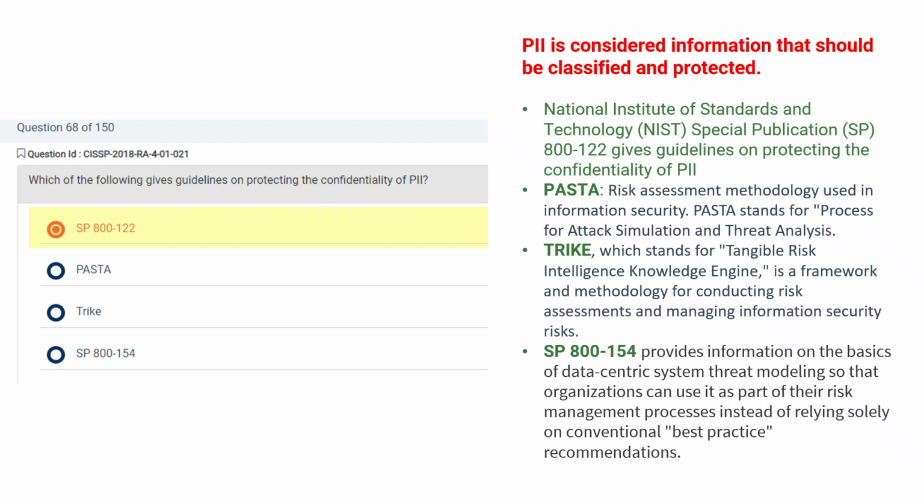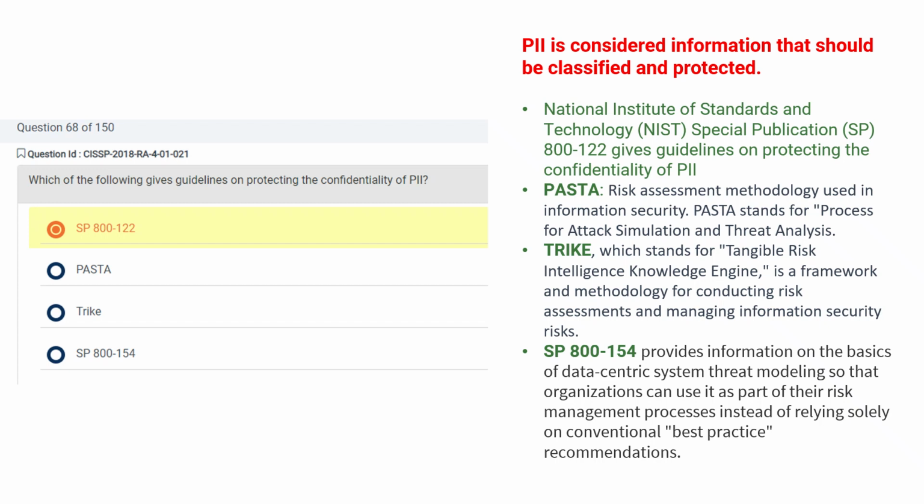800-154 provides information on the basics of data-centric systems threat modeling so that organizations can use it as part of the risk management processes instead of relying solely on conventional best practice